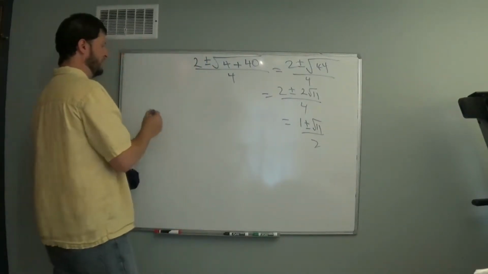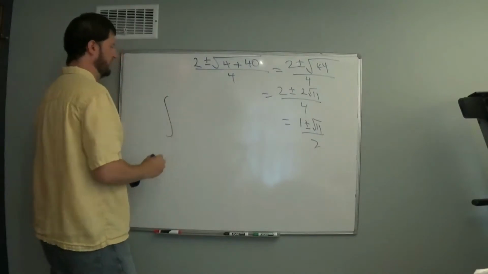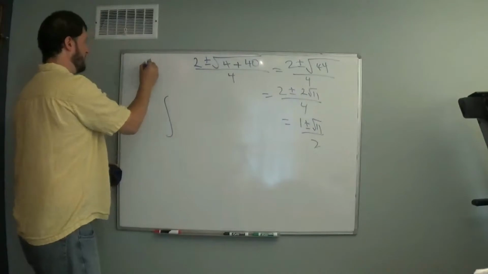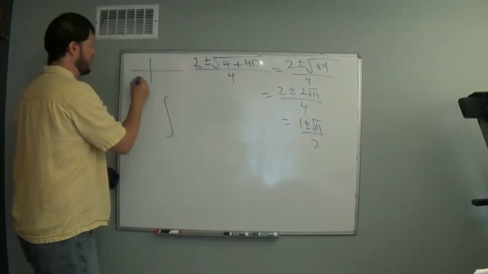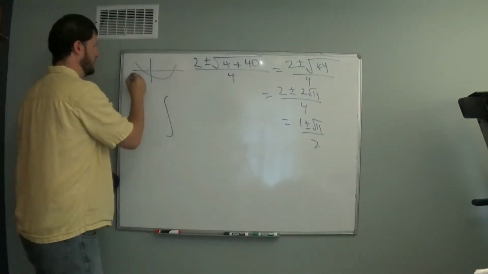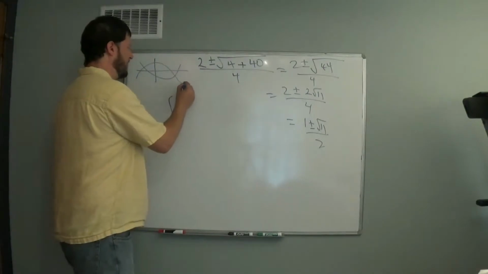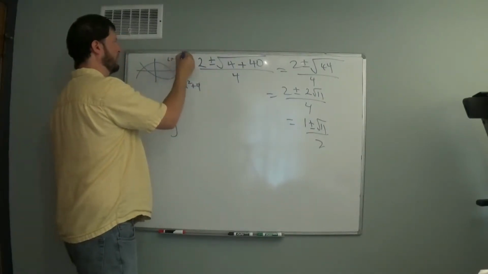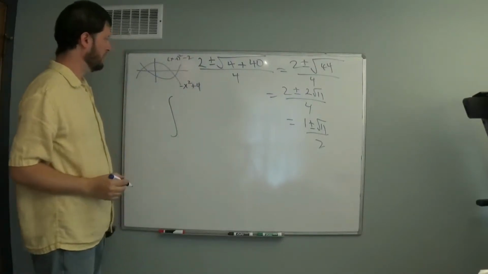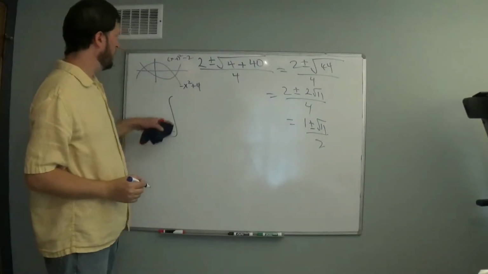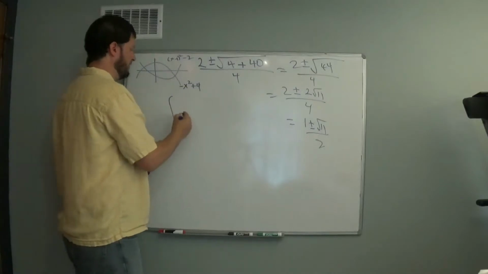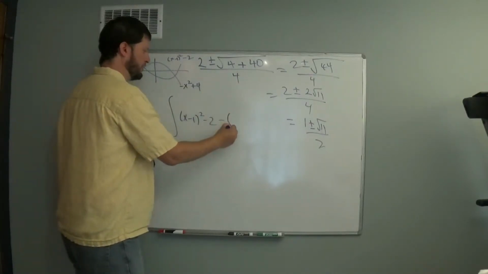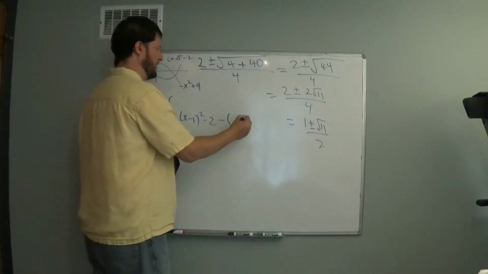Finally, we just need to set up our integration. Top curve minus bottom curve. The top curve was, remember that we had this type of situation, negative x squared plus 4, and this one was x minus 1 squared minus 2. Okay, so top curve minus bottom curve is x minus 1 squared minus 2 minus, don't forget parentheses here, negative x squared plus 4,